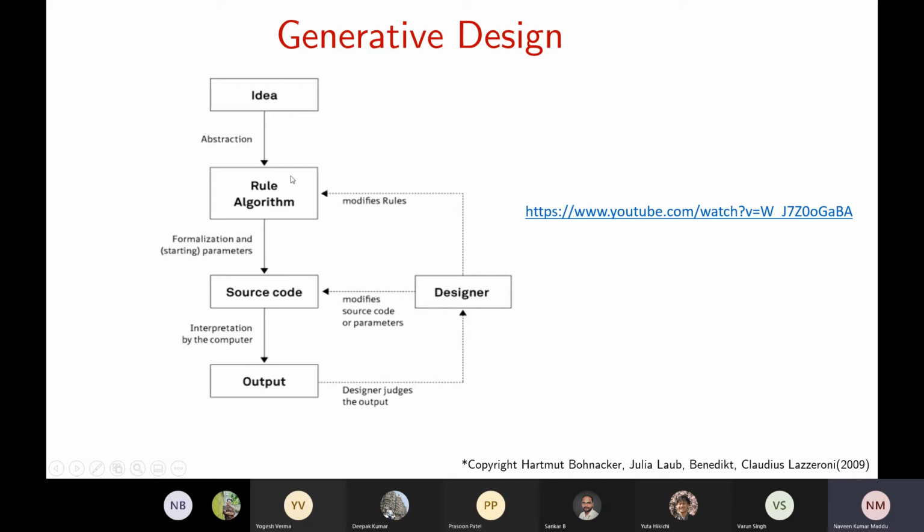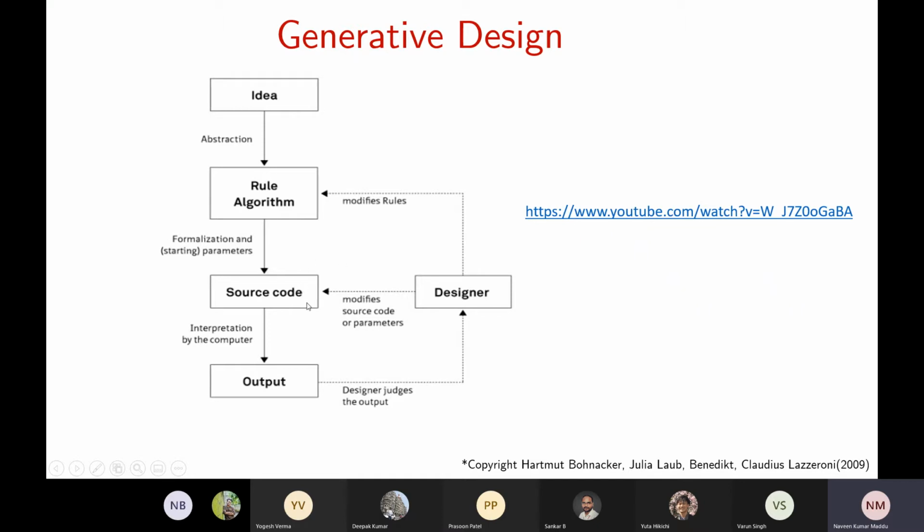So you have an idea, then you have some algorithms. Let's say you want to build a chair. Obviously you have to say that it has to have 4 legs and 2 armrests and all these things, right? And then you create some kind of parameters for that. What is the length of the leg that you have to have? It has to range maybe from 0.5 meter to 2 meters, something like that. And the armrest should have so and so length and all these things.